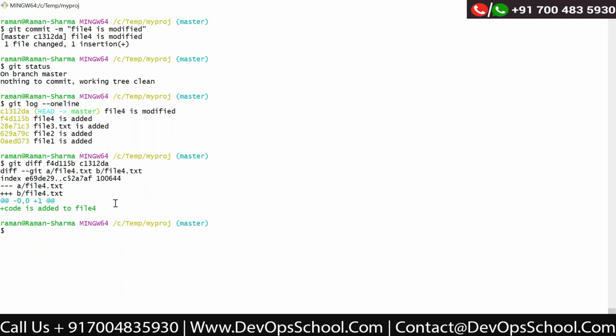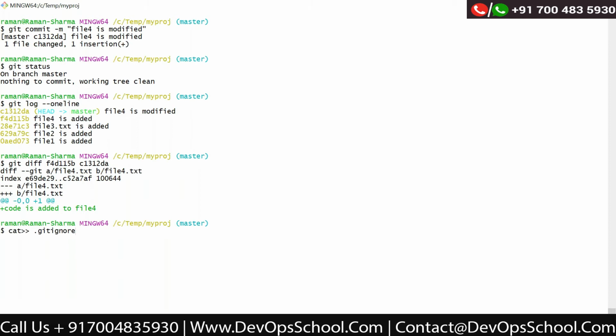so it is showing as an untracked file. I don't want all these files to be untracked, or to be considered a part of the local repository. Then what you can do is create a file called .gitignore.